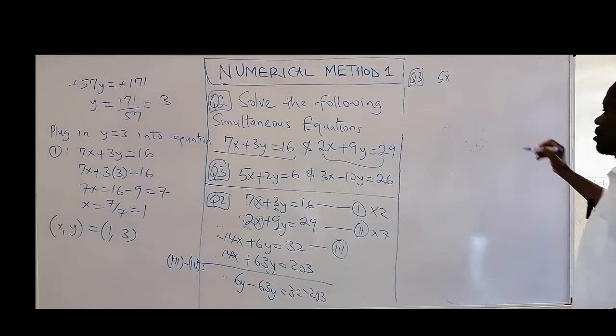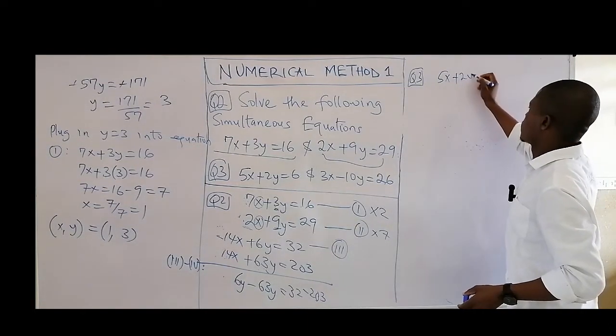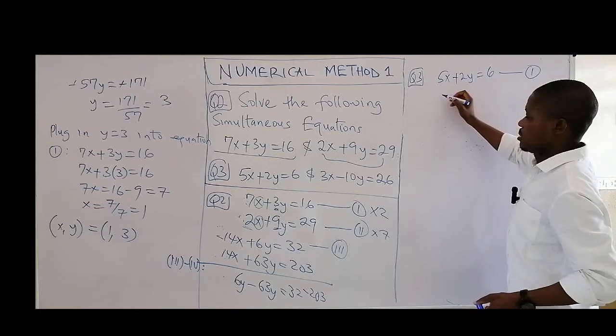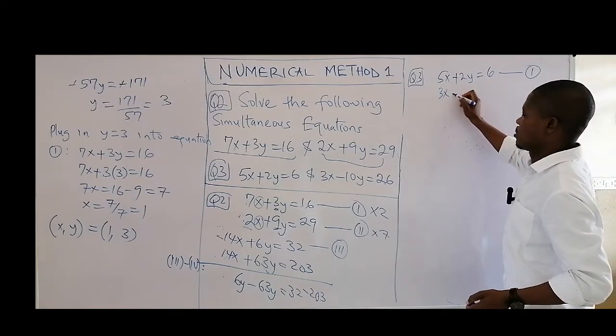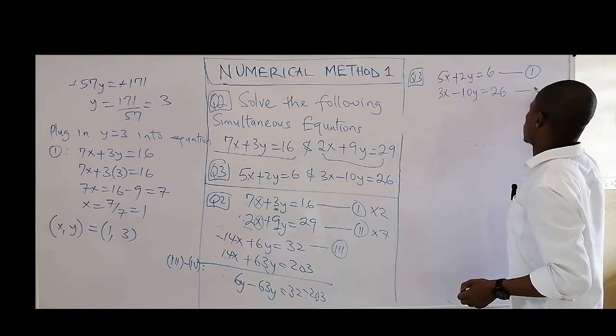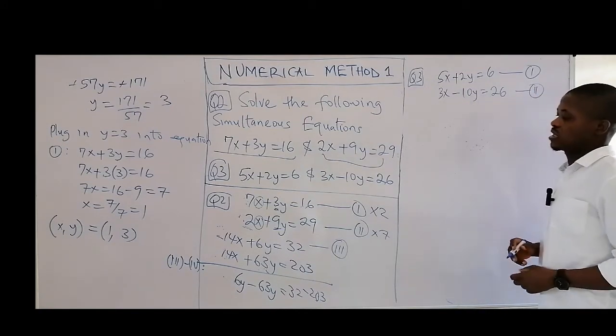We have 5x plus 2y equal to 6. Call it equation 1. Then we have 3x minus 10y equal to what? 26. Call it equation 2. In this case,